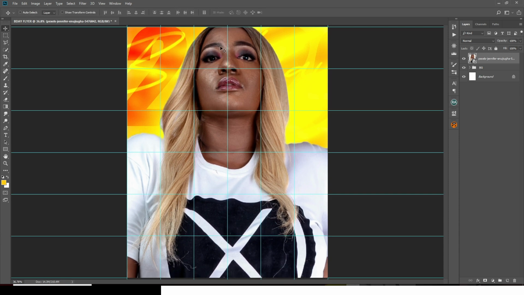Okay, so let's drag her up a bit more. Now guys, what you can do now is work on the face. Use a little bit of frequency separation and then work on the face. I'm not going to show you how to do it, but you can just work on the face. Once you're done, it's going to look much more interesting and beautiful. Alright, let's touch the face a little bit. Okay, now let's just say we are done touching the face. I'll leave it this way. I'm going to put it in a group, then I'll call it images,